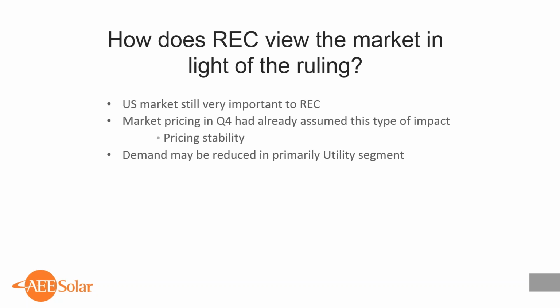Just to be very blunt and, I guess, high level about the project level economics, utility projects can build, meaning total turnkey, as little as $1 a watt these days in 2017, where a residential installation may be 3 times that. So basically you have literally 1/3 or less of the impact in the residential segment. So that's something that we'll address a little bit more in this next slide,